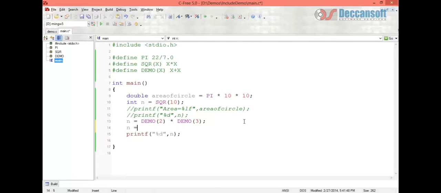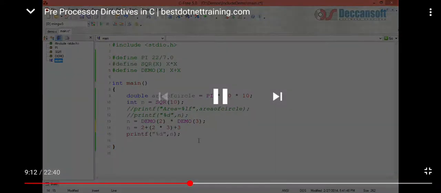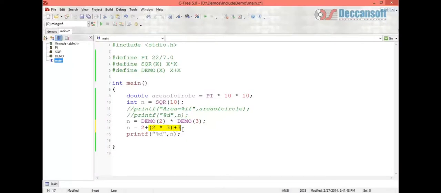Here the mistake is that it will first multiply 2 into 3, which is 6. Then it will add the previous demo value, that is 2, and add the last value, that is 3, and the answer will come as 11. But normally we think that, according to the preprocessor directive macros function, we will just put the value and take the answer as 24, but the answer will not be 24.